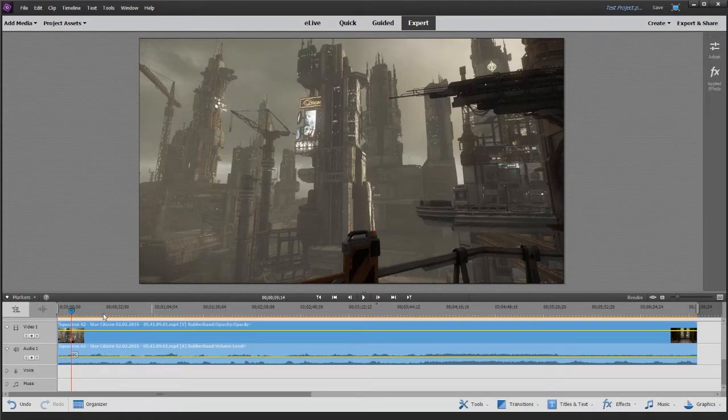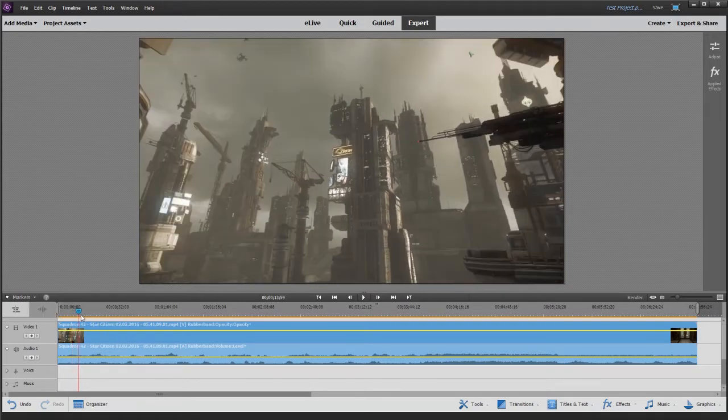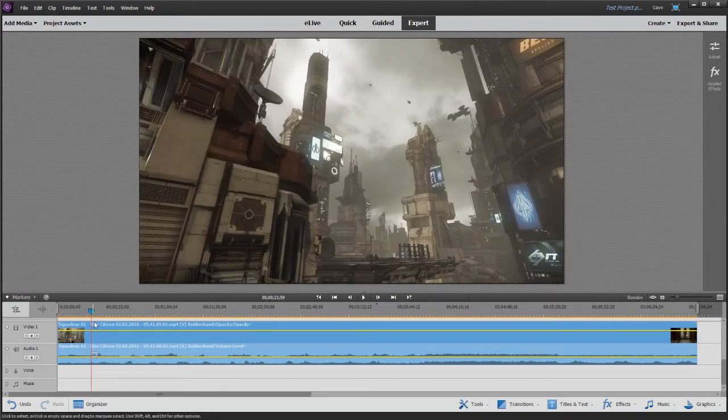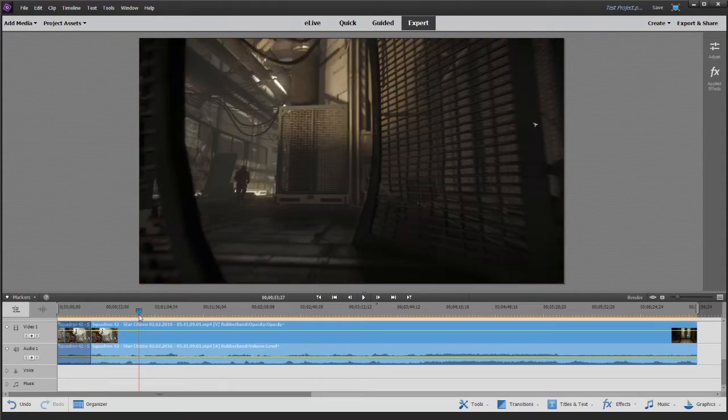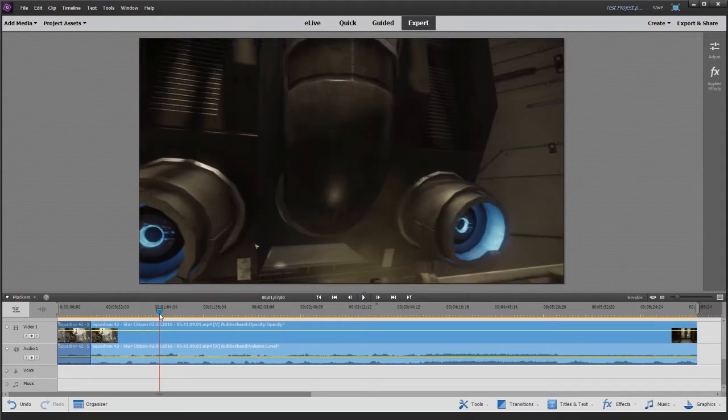The first thing we want to do is find a spot where I've finished panning around, and then I'm going to cut the video there. So I'm clicking on this little cut indicator here. There's a shortcut for that, I'm not sure what it is. I'm going to pan through the video quickly until I get, there's a lot of walking around, until I get something of interest, and it was